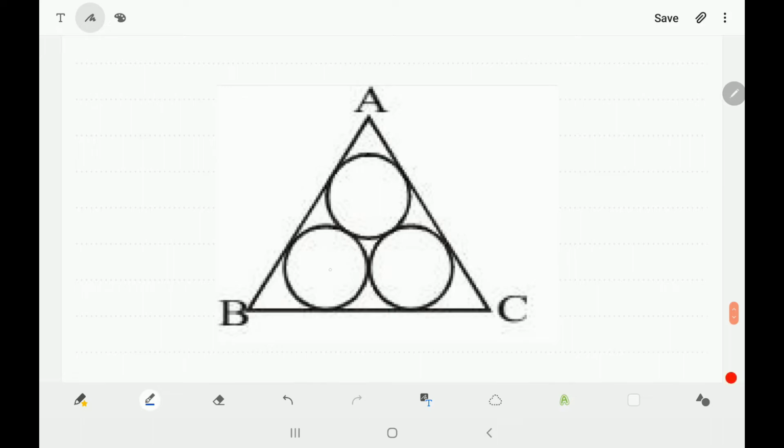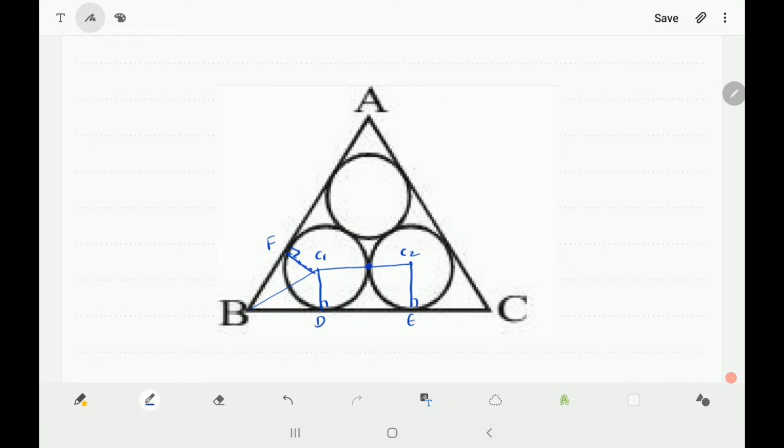Because these circles are touching each other, let's draw the line joining the centers. They will pass through the point of contact of these two circles. Once you join this point with, say, D point here, because this line is tangent, it will be perpendicular. C1D is perpendicular to BC. Similarly, C2E is also perpendicular to BC. Now if I construct one perpendicular on the AB line from C1, it will also touch at the point of contact of the circle and the tangent. Let's consider this point as F, and let's join BC1.